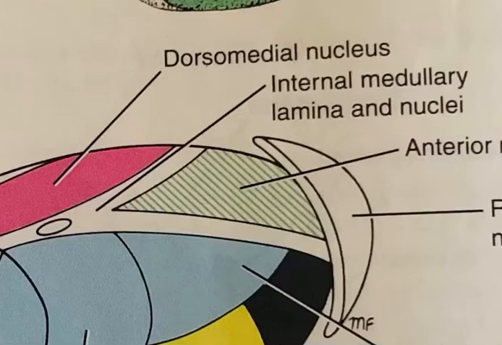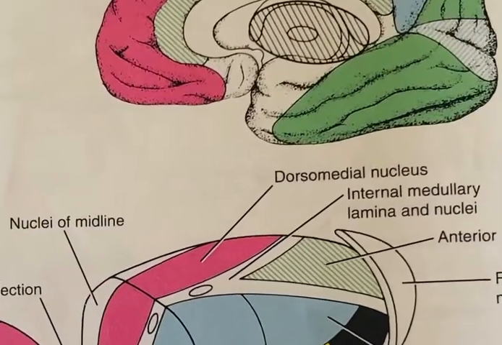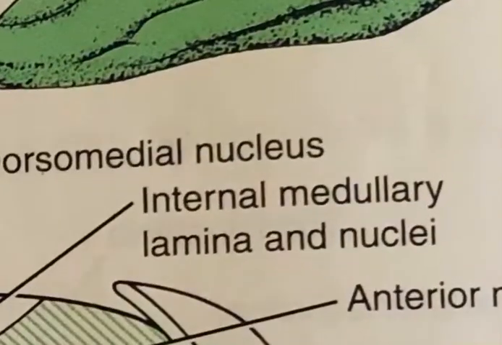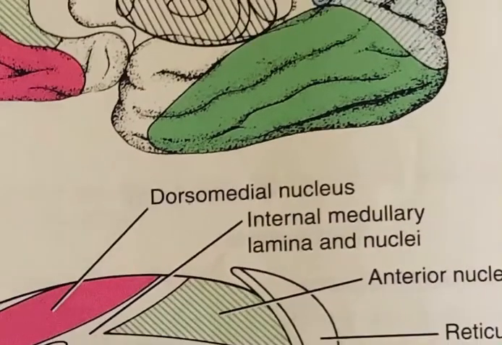And then next is intralaminar. Intralaminar means it is present inside the middle. The internal medullary lamina is there, that is intralaminar, just inside the thalamus, meaning very protected. Very protected means painful. Those having pain, it means the spinothalamic tract and trigeminothalamic tract, and those who want to sleep, all these fellows are sitting inside the house.